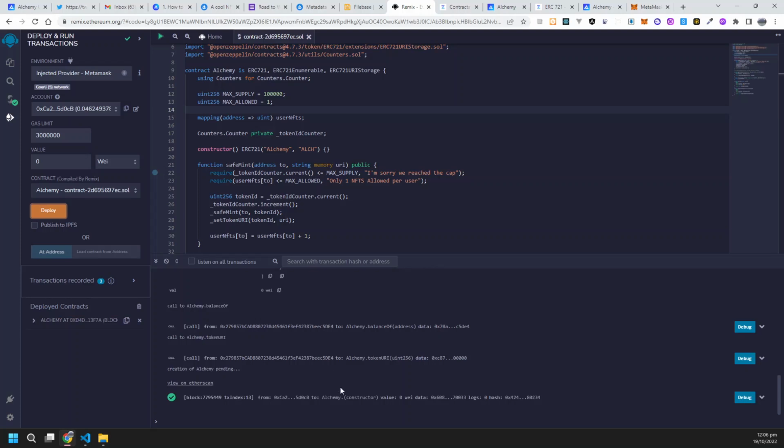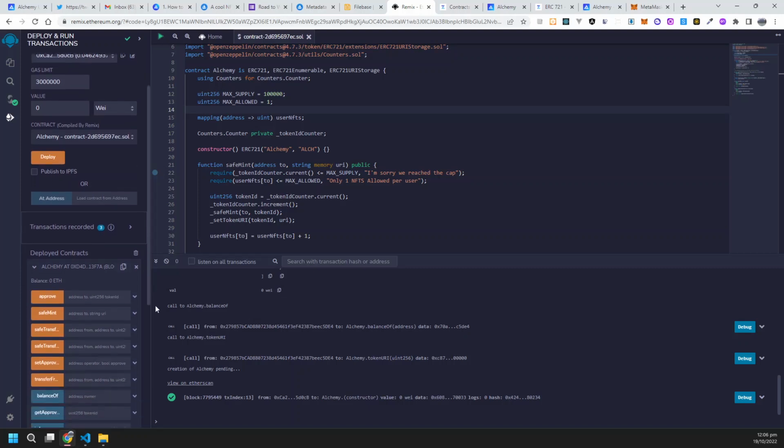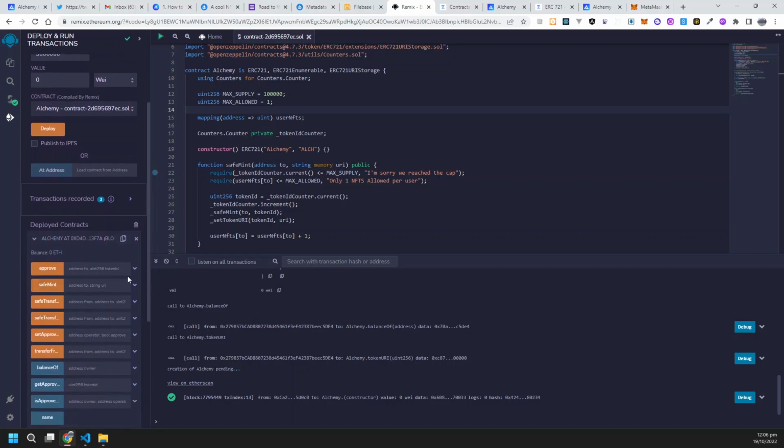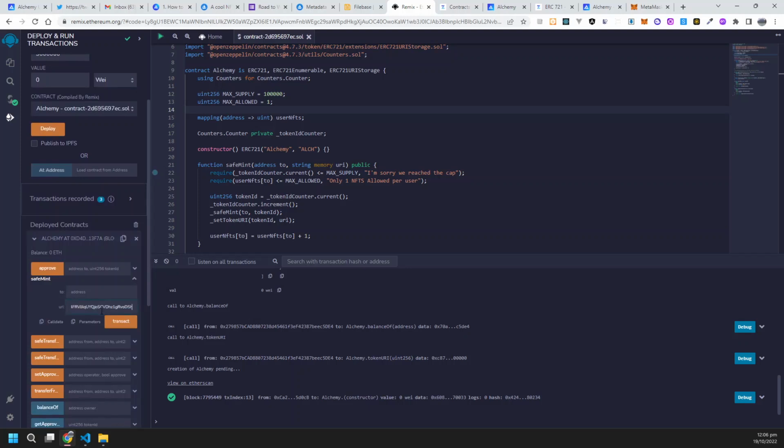Okay, so I deployed successfully. Here it is. Now let's mint it, the IPFS URL, and let's